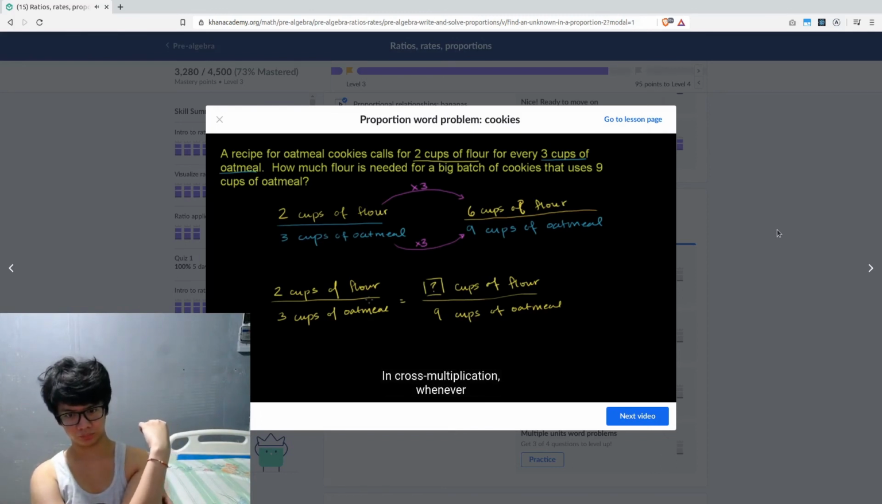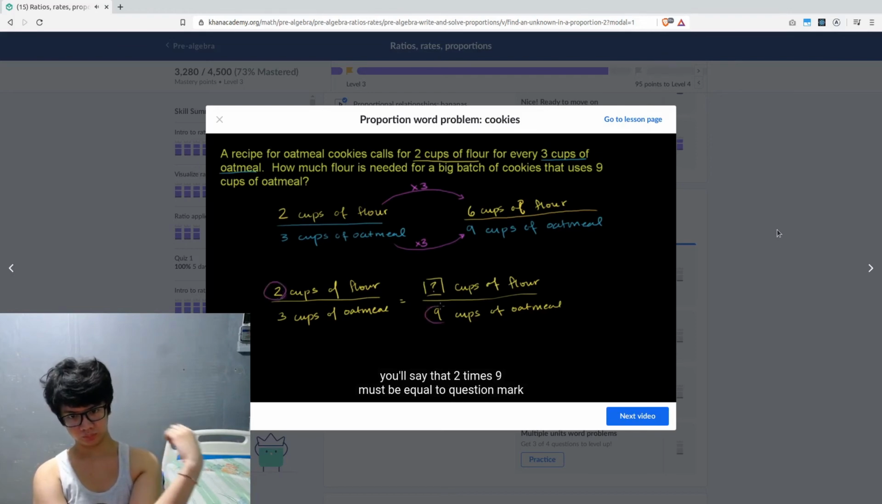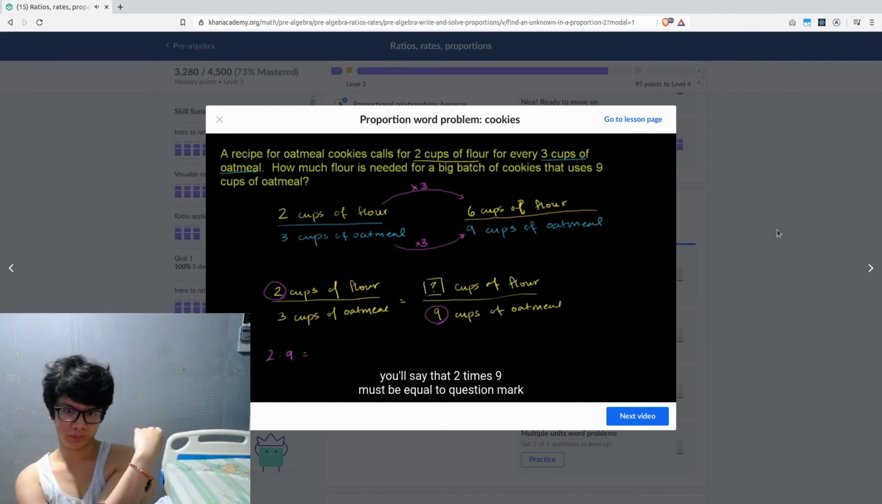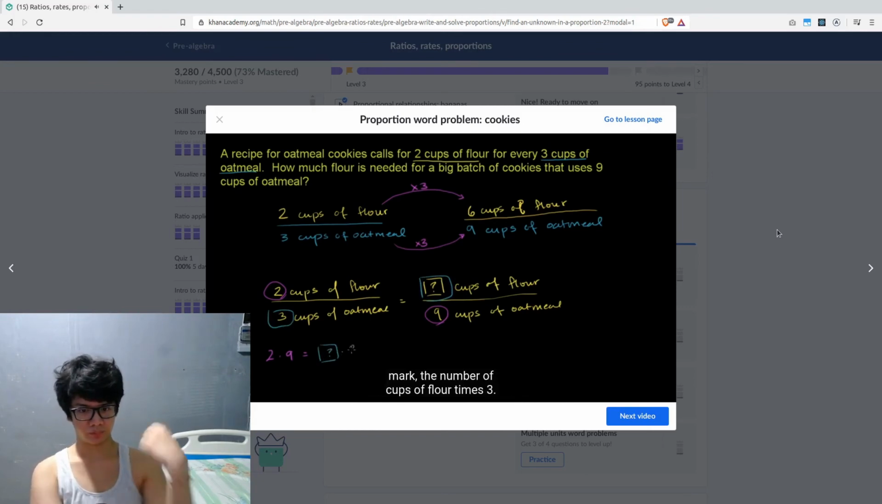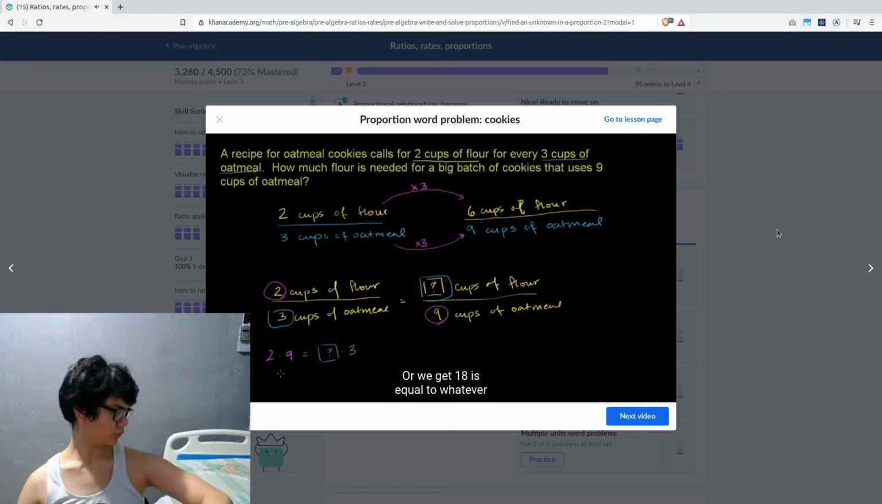In cross-multiplication, whenever you have a proportion set up like this, people will multiply the diagonals. So when you use cross-multiplication, you'll say that 2 times 9 must be equal to whatever's in this question mark, the number of cups of flour, times 3. Or we get 18